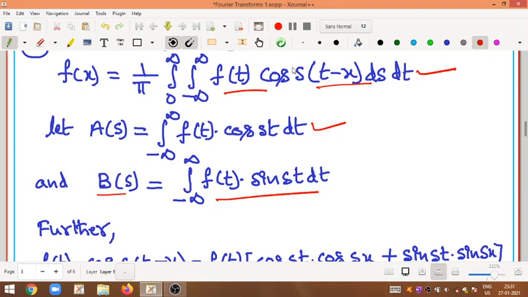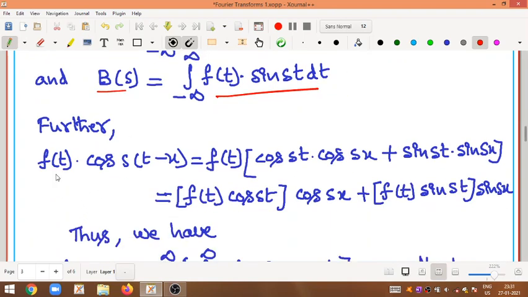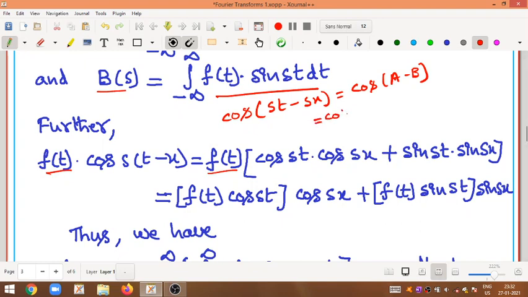Now further, we are simplifying this function: f of t into cos of (st minus sx). Write f of t as it is. Next, cos of (st minus sx). This is in the form of cos of (a minus b), and we all know that cos(a minus b) is cos a cos b